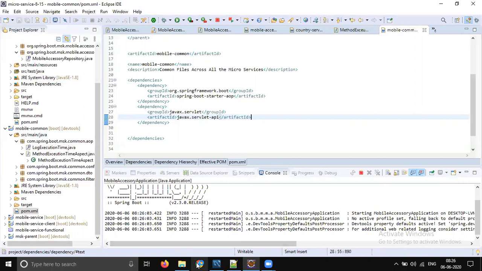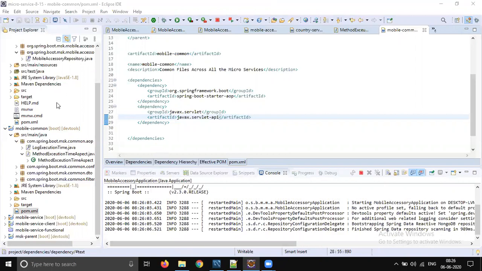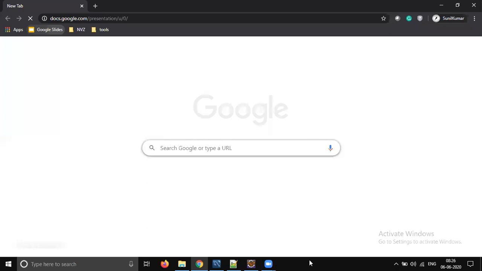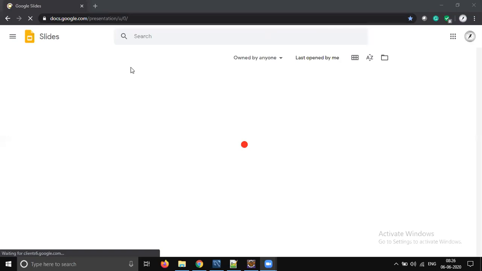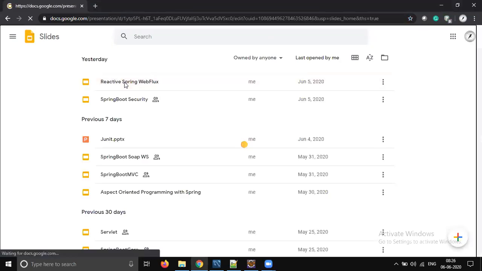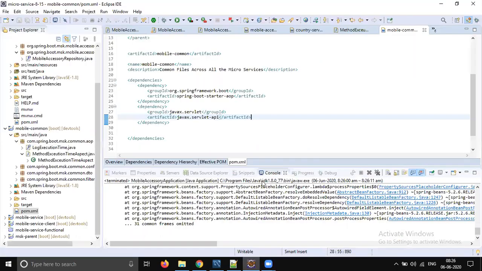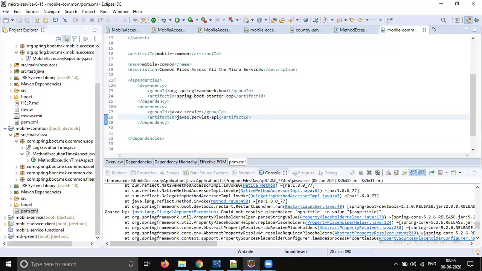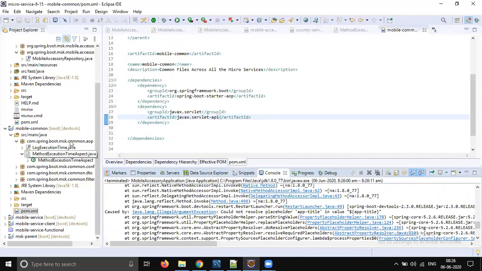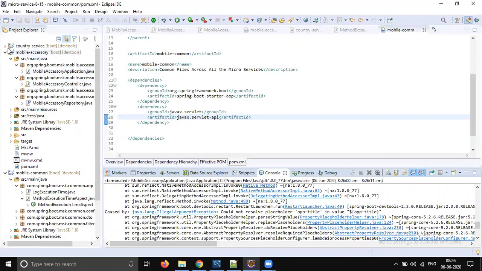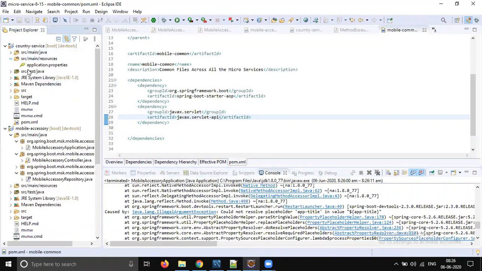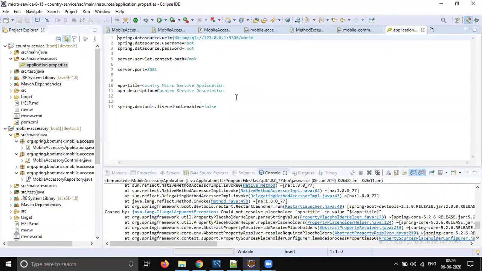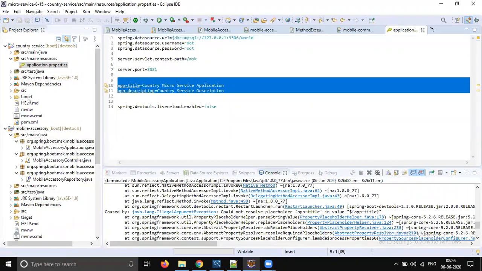So meanwhile, let me open the material, right? A moment. Let me check whether I started. Yes, let's open the React to Spring Reflex documentation. Okay, still we are getting an exception. Cannot resolve placeholder app title. Okay, we need two parameters, right? Each application has two parameters, app title and app description, right? So let's copy these two.